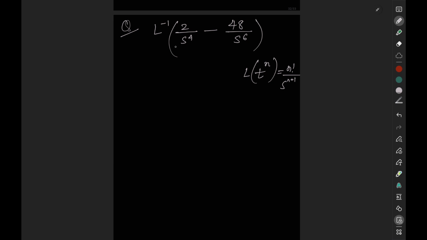So for the first term, that is 2 upon s to the power 4, this can be written as s to the power 3 plus 1, and in the numerator we can put 3 factorial and divide by 3 factorial. 2 was there already,